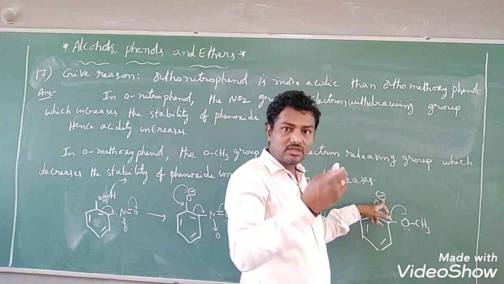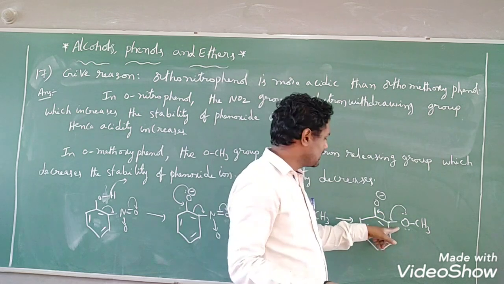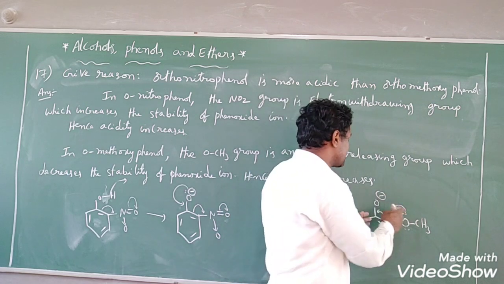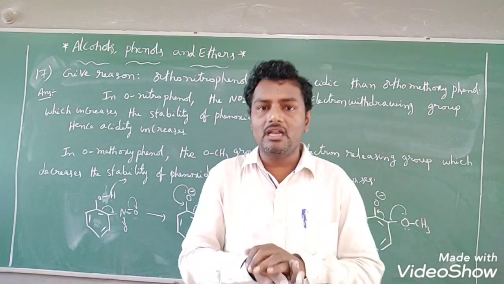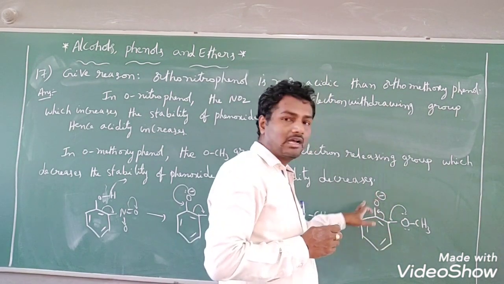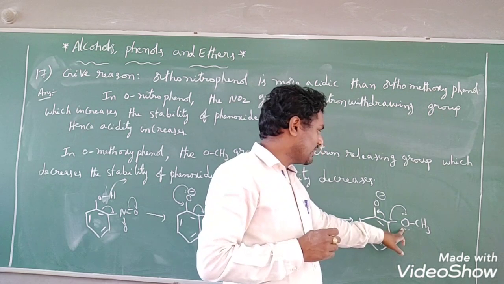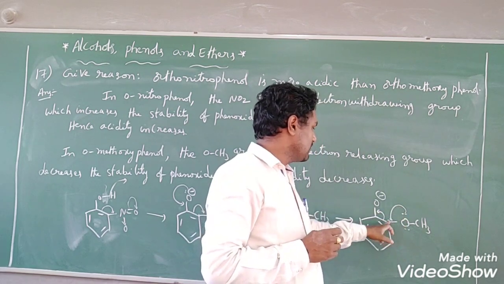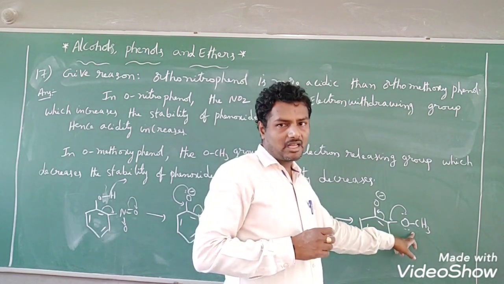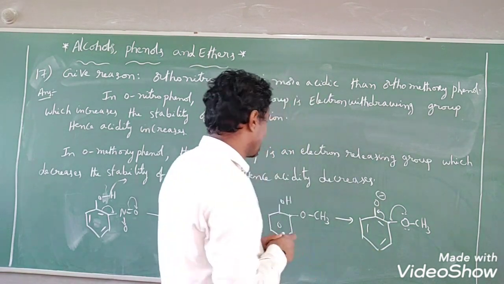If the negative charge were neutralized due to the presence of this substituent, we could say stability increases. But here, instead of decreasing the negative charge, this substance is still increasing the electron density on the oxygen atom. Because of that, this phenoxide ion is not stabilized, due to the presence of an electron donating group. See, the lone pair of electrons will be in conjugation with the pi electrons of the ring, that is towards the ring, not away from the ring. So the phenoxide ion stability decreases, hence acidity decreases, students.